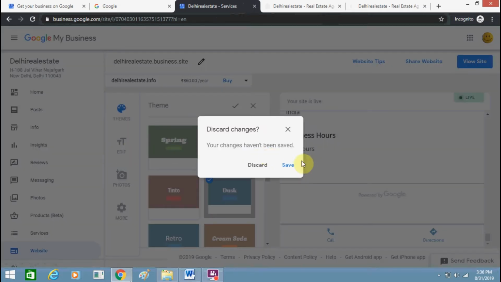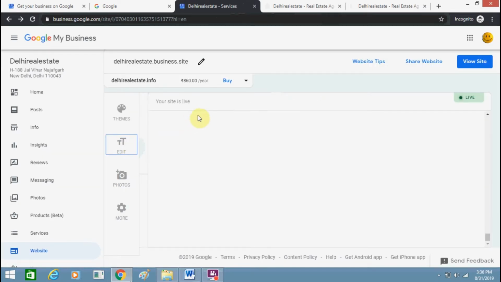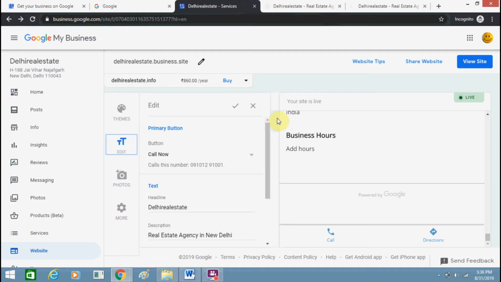Like here I got a prompt to save. I will just save it, and my theme will be changed. You can add text here. You can change its content, like this thing I'm changing here.